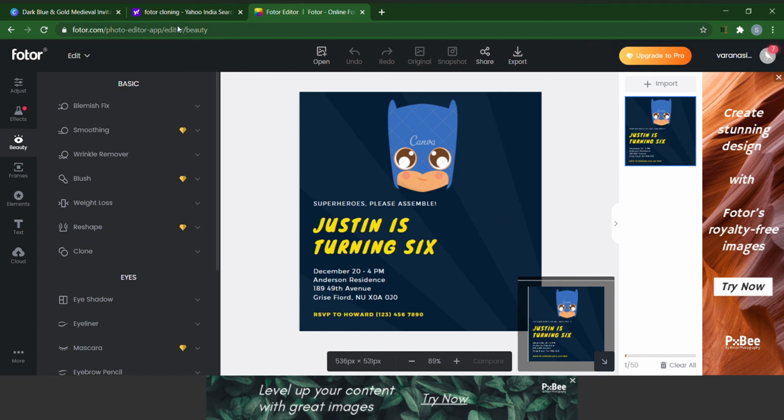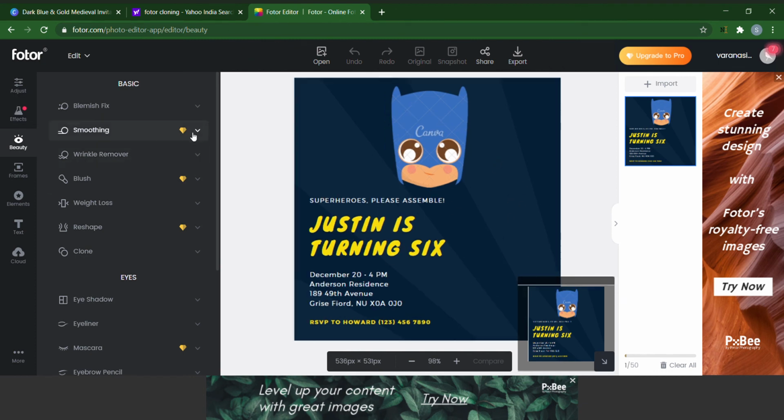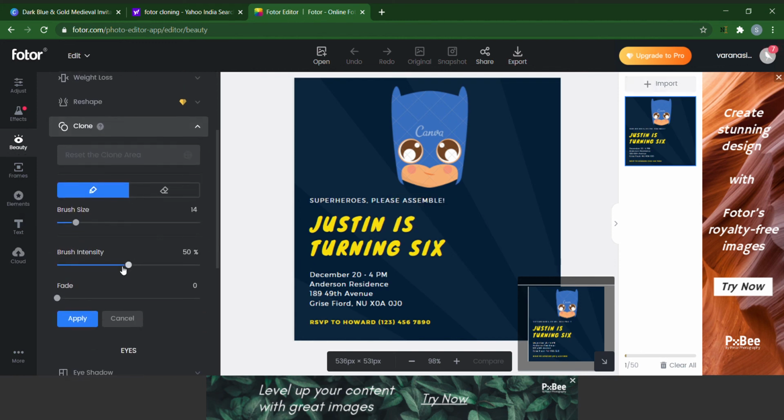Okay, see, after coming to this home page, we will tap beauty, and in beauty we will tap clone, and we will use this clone feature to remove this Canva part. We will increase brush intensity to 100, brush size to 0, and apply. See, we can remove any object.